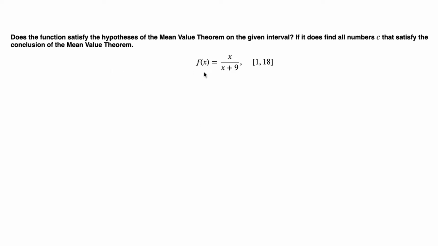Here in this question we got a function. Function f is x over x plus 9. It's the ratio of two polynomials, so it's called a rational function. And we know that a rational function is continuous and differentiable in its domain. So the domain is all reals except -9, because at -9 we get 0 on the bottom, and -9 is not in this domain because we are looking on 1